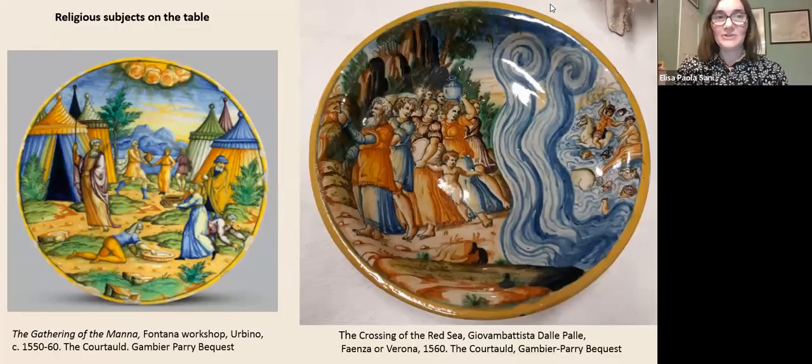For other religious historiati of the Courtauld, the use is somewhat less complicated. And these are two examples. On the left is the gathering of the manna, the lovely little tondo. On the right, a deeper bowl with the crossing of the Red Sea. And I say the use is less complicated, and this is because the gathering of the manna, with its subject related to food and to plenty,